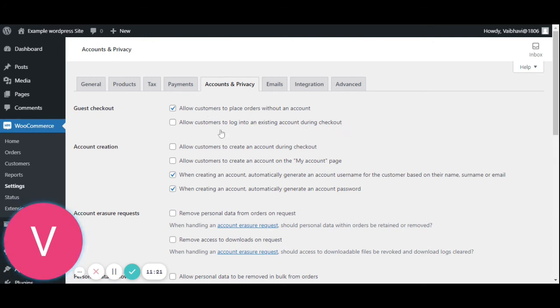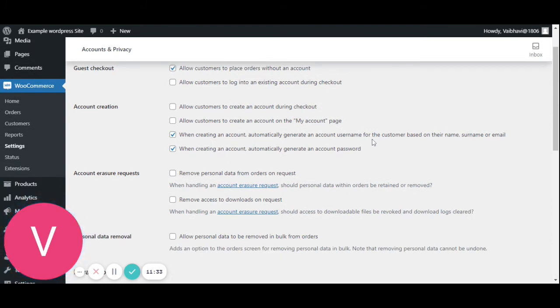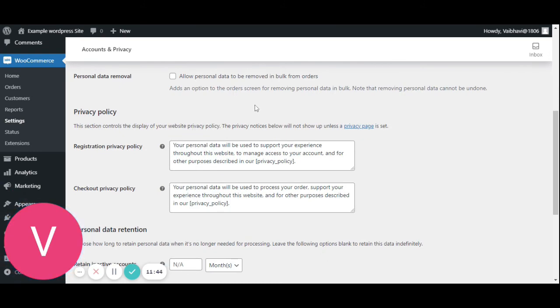So you can check any of these options, account creation as well. You have a tab here where you can allow customers to create an account. This is all related to customers, what your customers can do on your website. Maybe they need to create an account on your website to make a purchase or not. All these options are available here.